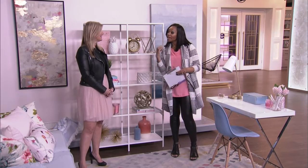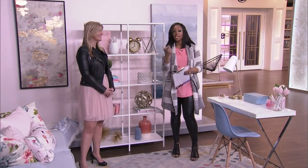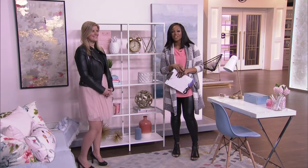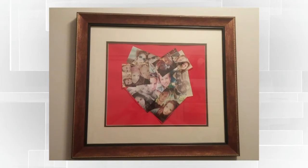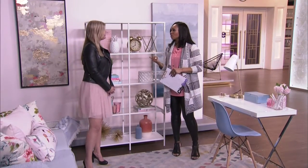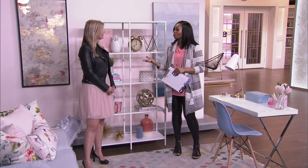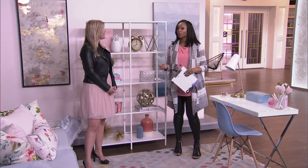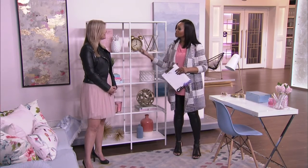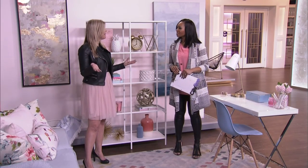I love it. Then she took Sarah's framed heart DIY, which you did on the show with us, and she created her own version right here. So this is a lovely little piece of art because it's all about love and it's all about the people in your life. I love it. Isn't that nice? Yes. When we talked about Valentine's Day on the show, we were saying it doesn't have to be about romantic love. It can be about the people who are in your life that you love. That could be your kids, that could be your pets. Exactly. And have some fun with it. Make some art, and I have it hung up in my entrance hallway. I think something like that you can keep up because it's not just a couple